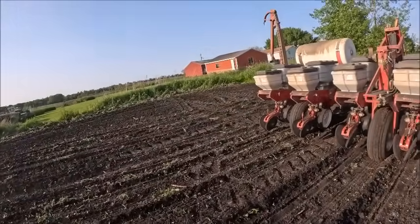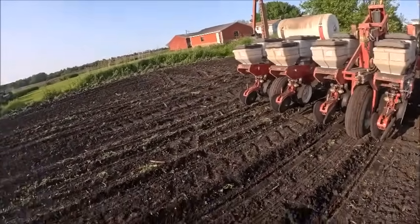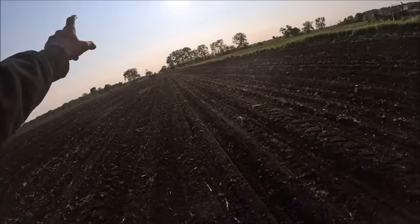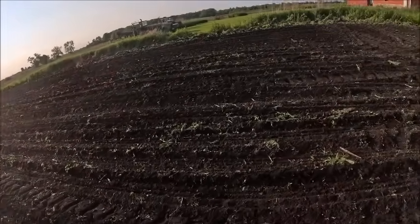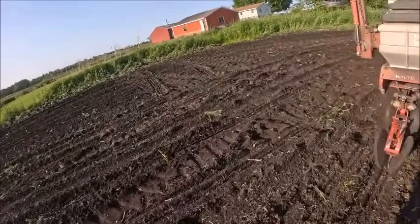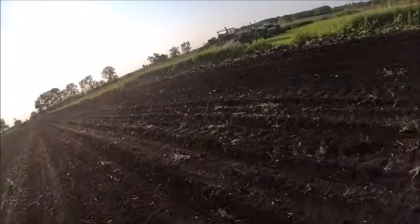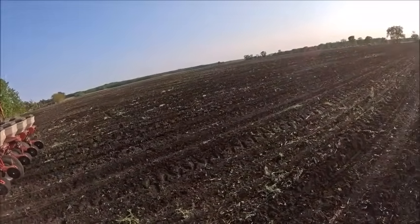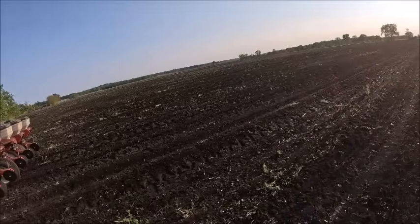So like I say, it'll just be a goofy spot here for about 4 rows, about 15 yards long, but that's basically going to be meaningless. So with that being said, plant 2024 complete,